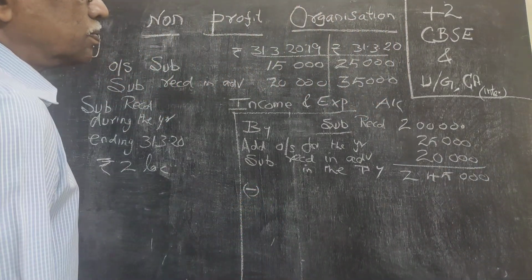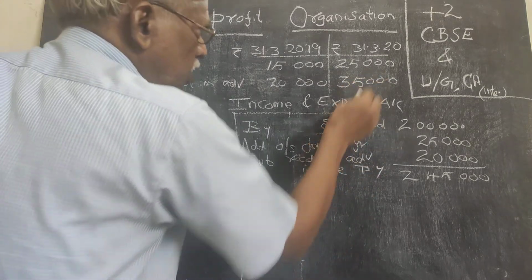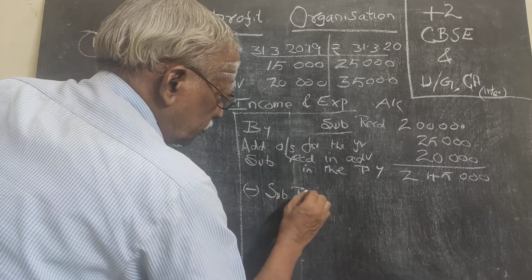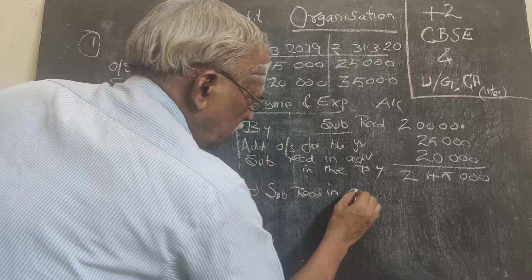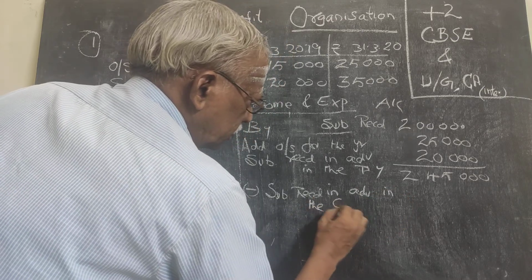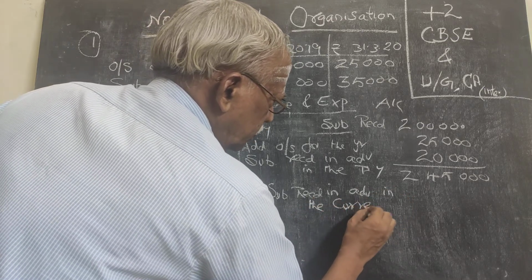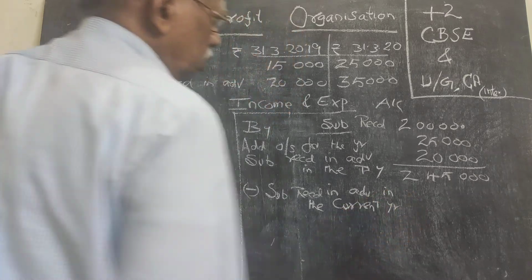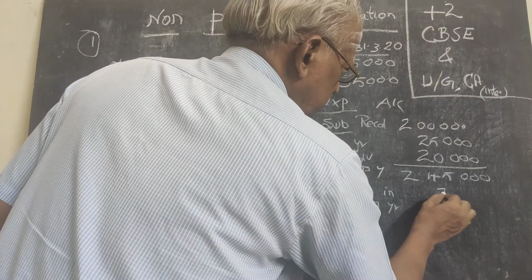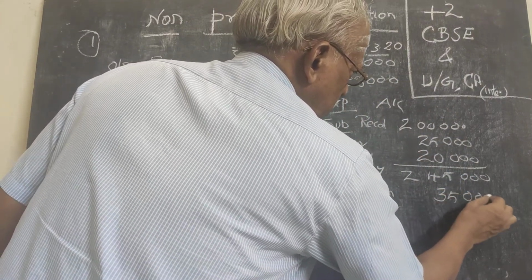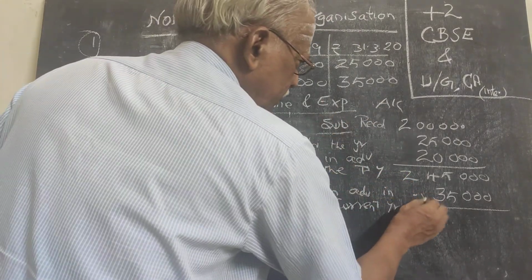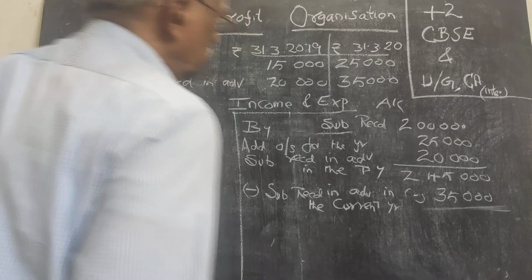Now less subscription received in advance in this year, in advance in the current year. Our subscription received in advance during this current year, this 35,000. This is for the year 2021, but we have received in 2020. And then